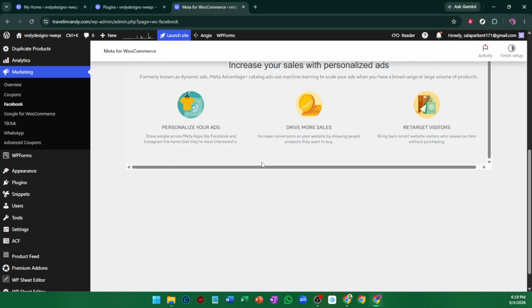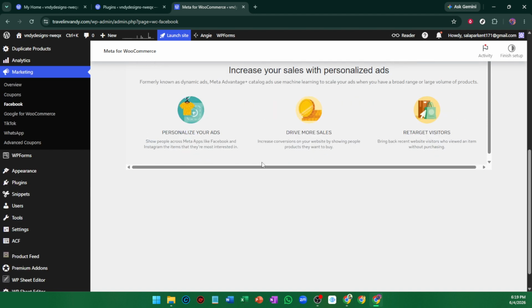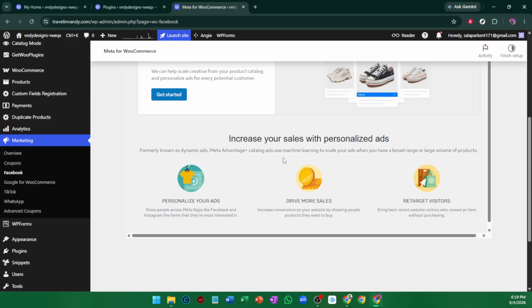Finally, add that feed to Facebook Commerce Manager. Paste in the feed URL so Facebook can pull in your product data from your store feed. That's it. Once connected, your WooCommerce product feed is ready to be used with Facebook and